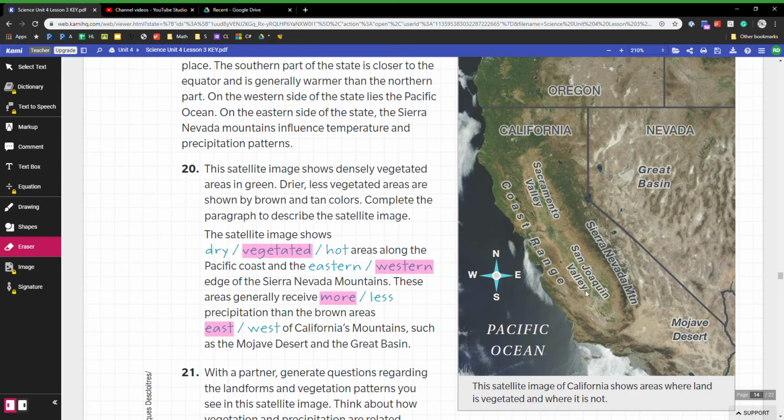We've got the valley, and then you get down to Southern California and you have essentially deserts. The whole thing is deserts. So this satellite image shows vegetated areas along the Pacific coast and the western edge of the Sierra Nevada mountains. So this is the Sierra Nevada mountains, right? Like you drive through if you're going to Tahoe, and the west side of them is green, and this side is not. So the western edge,